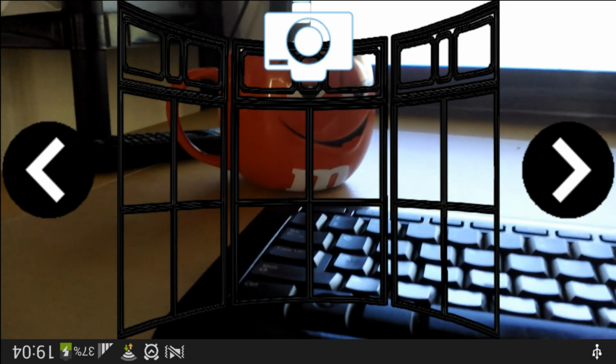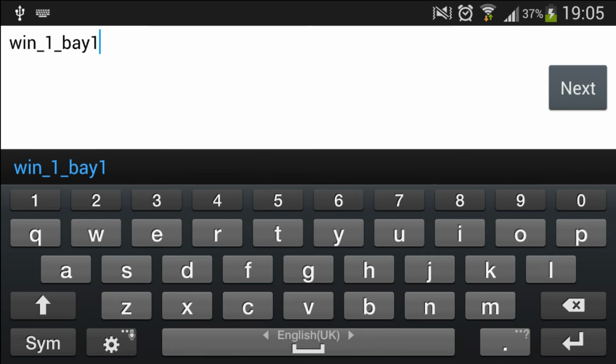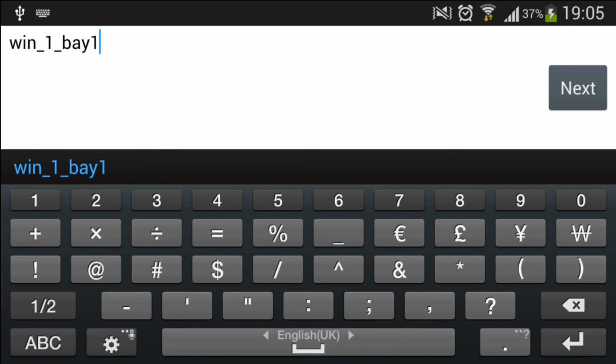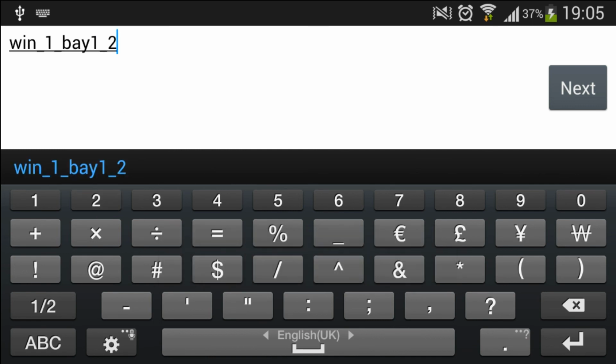When we're ready we press OK. We again name it. It's good to always use different names, so it will not replace the previous or currently existing images.